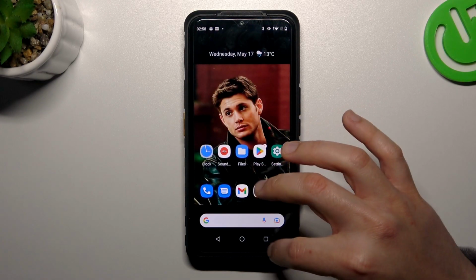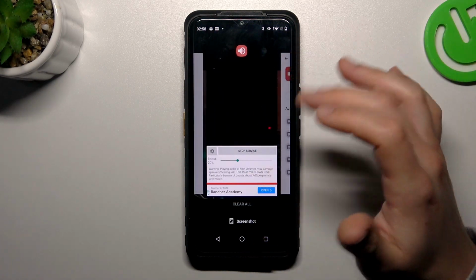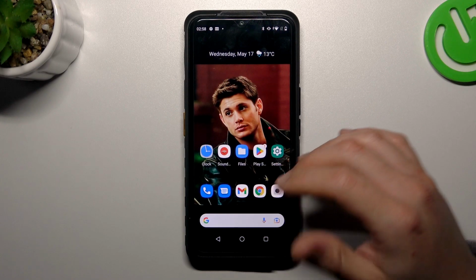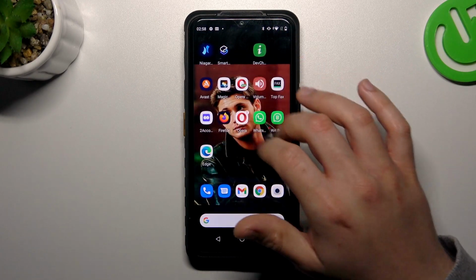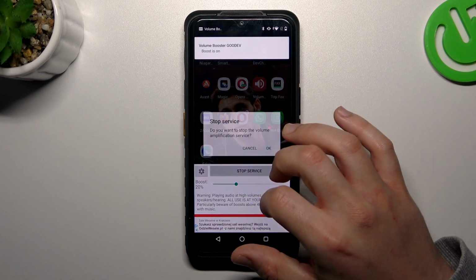And now the tool is still active. If you close the application from the background apps, the tool is still active. So if you want to disable it, click on the icon on the home screen, choose Stop Service and click